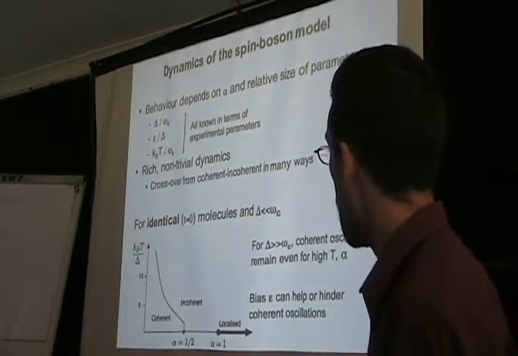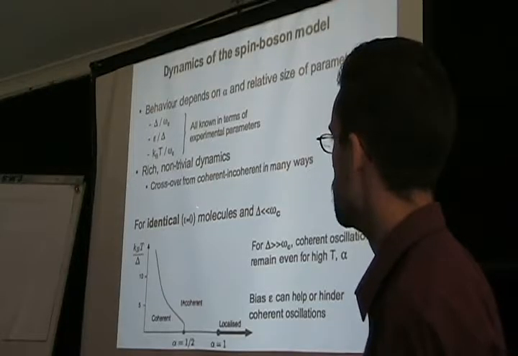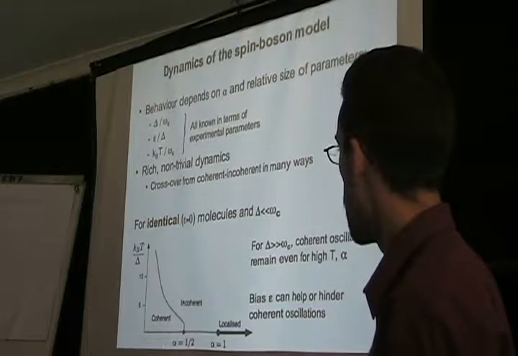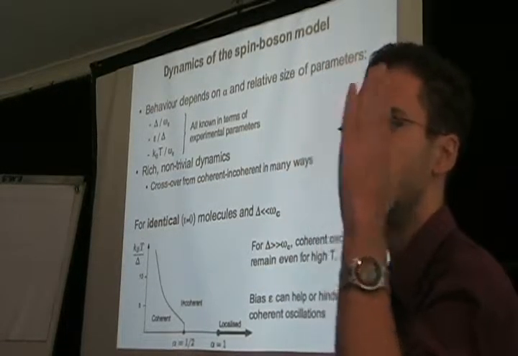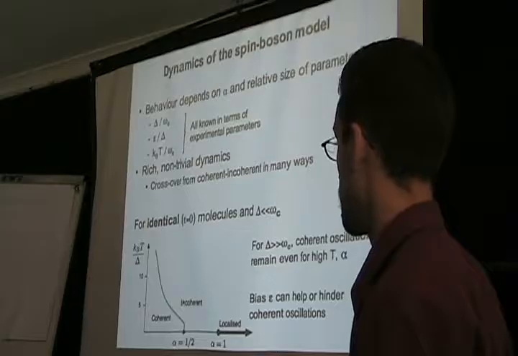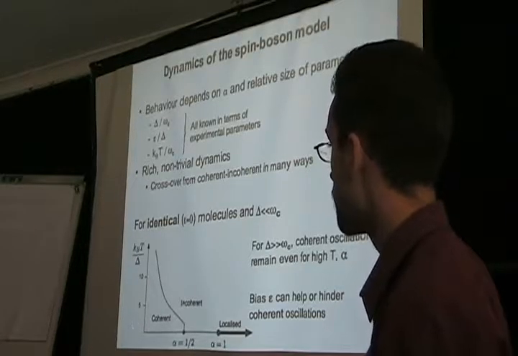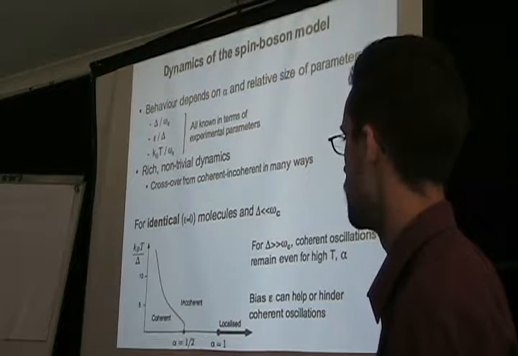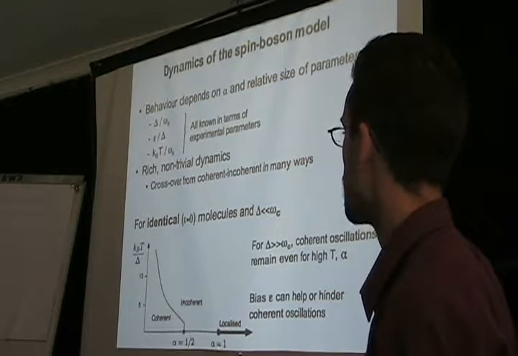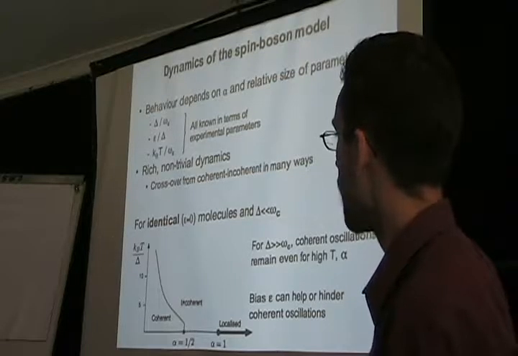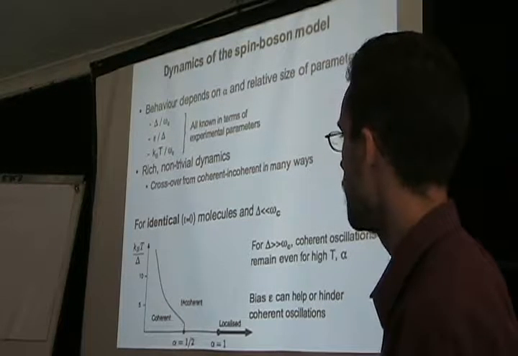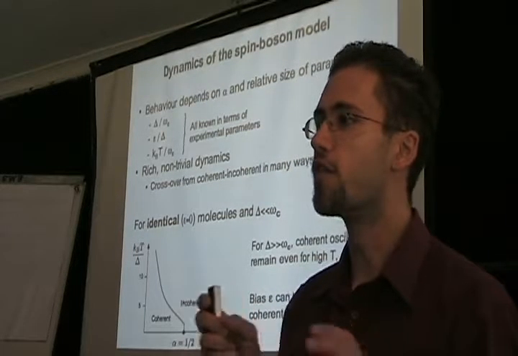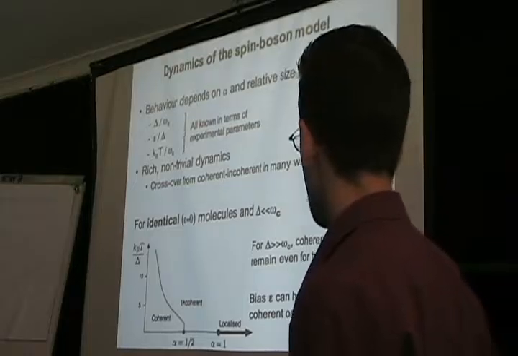So just one example, we have low temperatures and no bias, so we have identical molecules. For low values of alpha, that sort of measures the strength of that coupling, the slope of the spectral density, we see coherent oscillations. As you increase the coupling to the environment, we transition to incoherent. Here, if we increase it more, we end up with localized behavior. But also, if I change the temperature or reduce the coupling, I can transition up this way. So basically, we can move around these different behaviors by using all these different parameters.